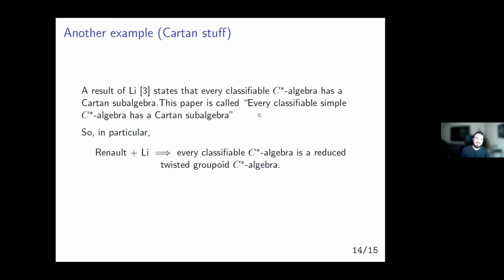But in particular, if every classifiable C-star algebra is part of a Cartan pair, and every Cartan pair looks like a twisted groupoid C-star algebra inclusion, then every classifiable C-star algebra is isomorphic to a twisted groupoid C-star algebra. So this really motivates us to study, why would we look at groupoids and their C-star algebras? Well, the answer is because they basically make up all C-star algebras. And these come up in all kinds of places in practice, even in dreaded applications of maths, like physics. I wouldn't know anything about that though, because I've been in theoretical land for most of my career. But anyway,